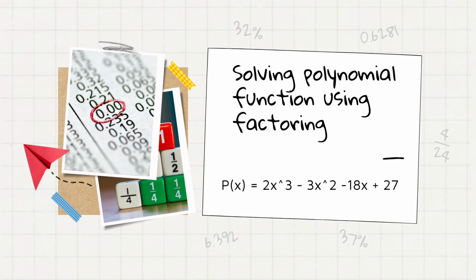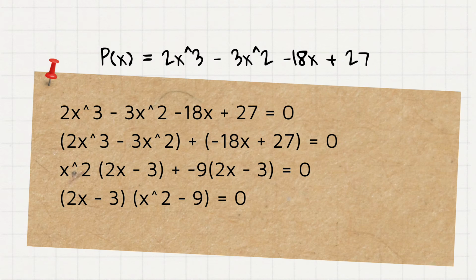Next topic is about solving a polynomial function using factoring. Here we have the example p of x is equal to 2x cubed minus 3x squared minus 18x plus 27. First, we just have to equate it to 0, and the easy way to solve it is to factor by grouping. I group 2x cubed minus 3x squared and negative 18x plus 27. Next is to factor them, so the equation will be